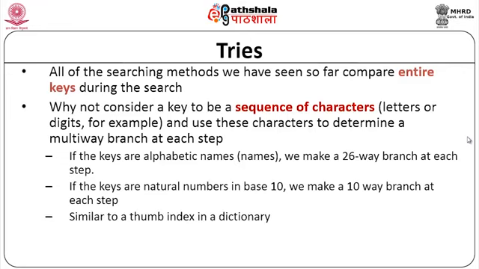And it is similar to a thumb index that you place in a directory. Similar to that is this. And why is it called a trie? That is very interesting, because it is meant for retrieval, and the "trie" of retrieval has been taken, and this tree is named after that. So that is why it is called a trie, and it is normally pronounced as "try", the same way as the normal word try.